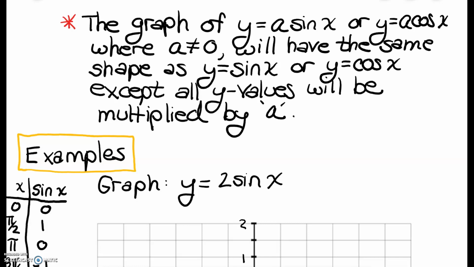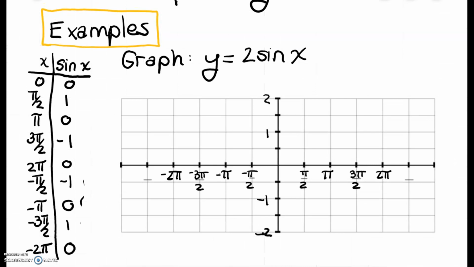Very similar to our quadratic functions and our other functions, where if we sketch the graph of just the regular x squared function, it has the same shape as if we said 2x squared. All right, so let's go ahead and do 2 examples of graphing sine and cosine, and we're going to